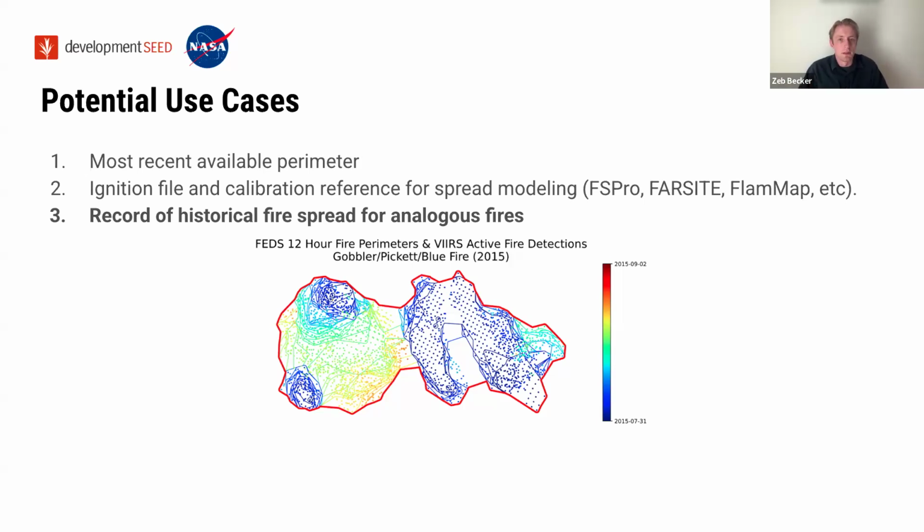And so what we were able to do was go pull out from 2017 the FEDS record of fire spread, and then they were able to use that to help calibrate and transfer over their modeling notes from 2017 to 2026. Take some of that hard-won knowledge over the course of that fire, bring it up and update it to today, and use that to tweak their spread models for this fire.